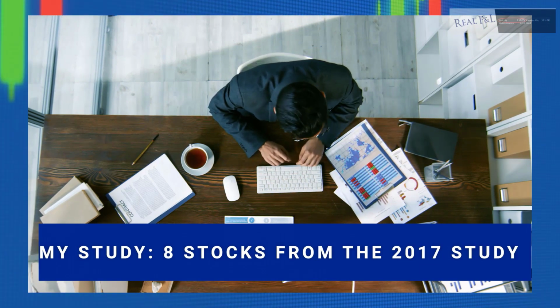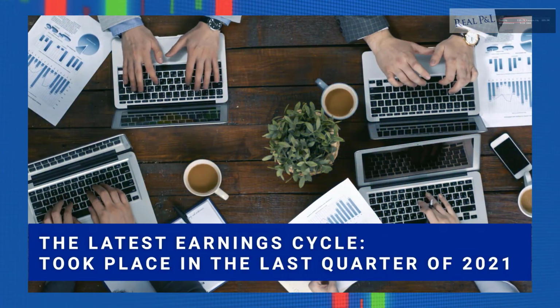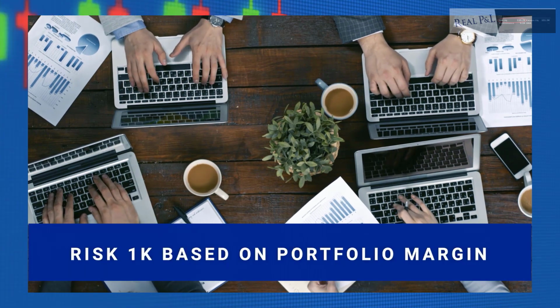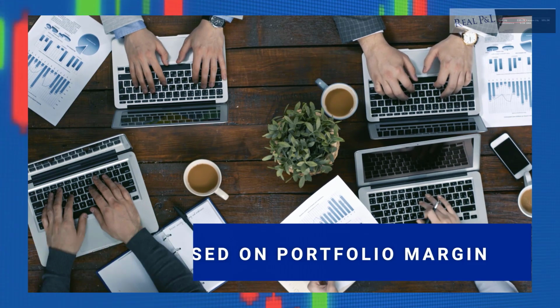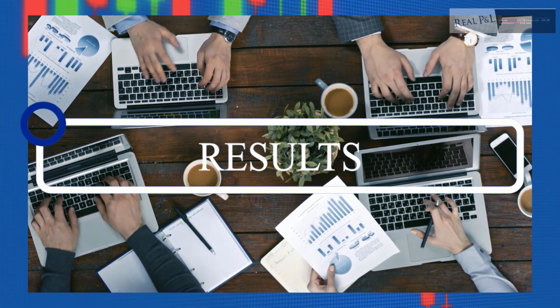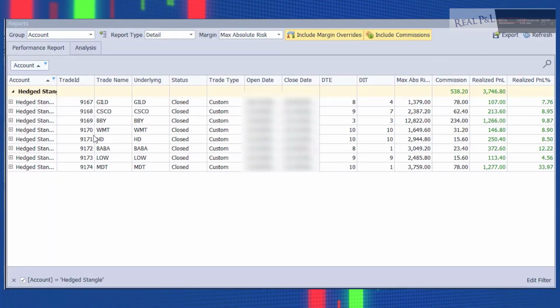What I did was use the latest earnings cycle, which took place in the last quarter of 2021. I placed each trade in order to risk about $1,000 based on portfolio margin. I did this to make all the trades comparable. And so here are the results. Here are the back tests I ran on these